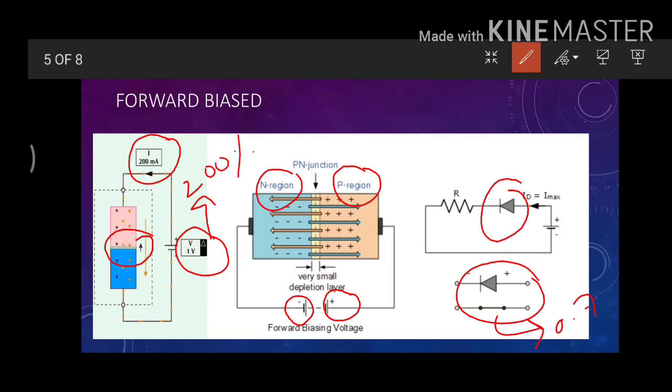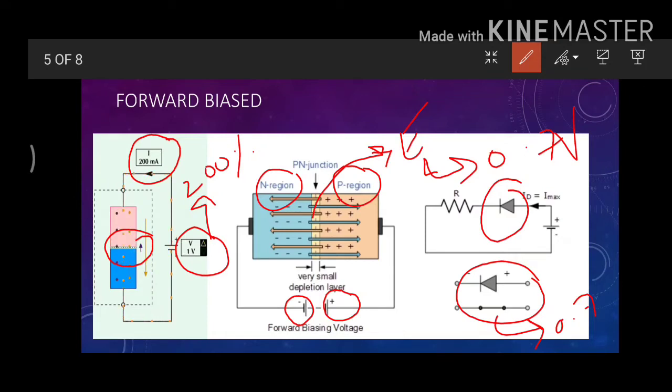How does this happen? As we talked about in the last slide, the depletion region creates a certain electric field to restrict the flow of electrons. So as we want that flow, we need to create an electric field stronger than the field of the depletion region. In case of a silicon diode, this depletion region has an electric field of 0.7 volt or 0.65 volt, and in case of germanium this field is around 0.3 volt. So we need to give it an electric field, or a voltage difference, more than that in the opposite direction.